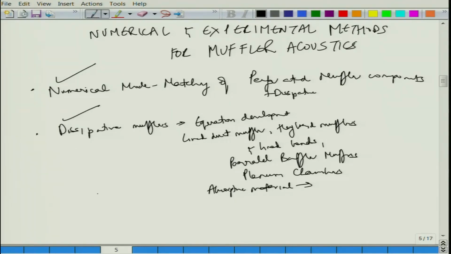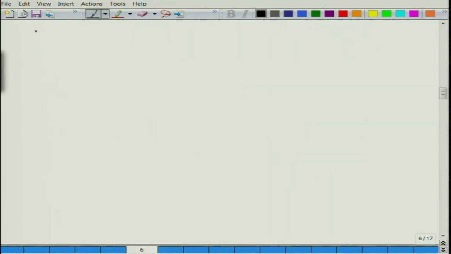This is also used a lot in actual applications. Other thing is, of course, your experimental things, for example, which include your impedance tube measurements, which comprises a host of large range of techniques to measure the absorptivity coefficient. So, if you have a microphone like this,